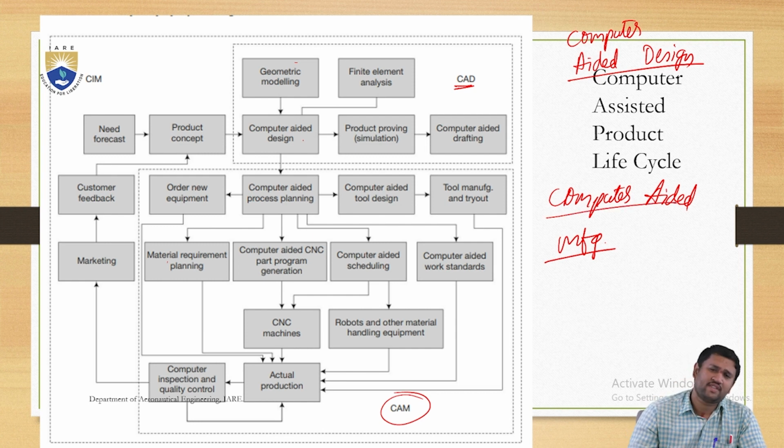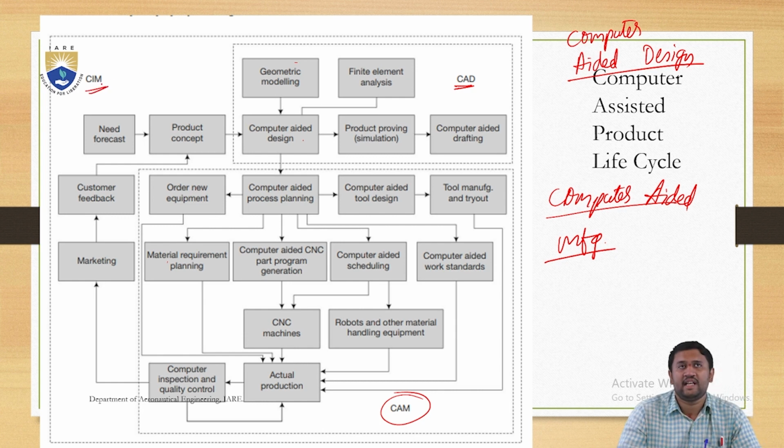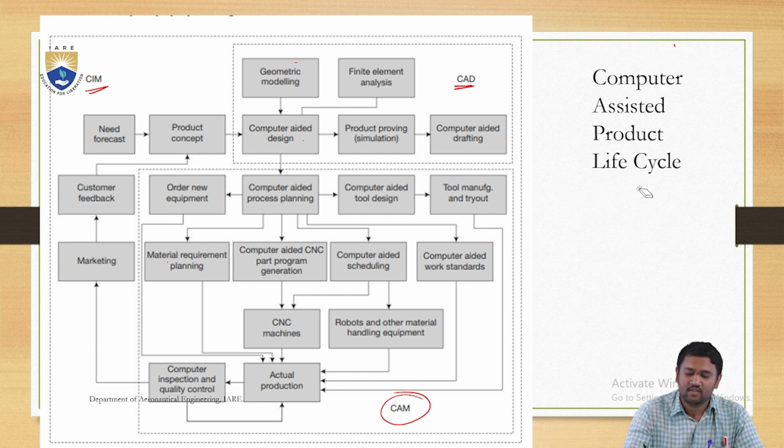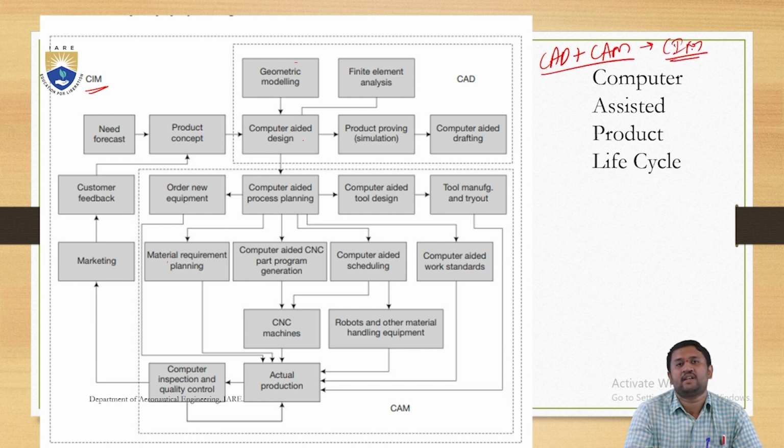The whole product life cycle, used with the help of computers in an integrated way, is called CIM. CIM stands for Computer Integrated Manufacturing, right? Where computers are integrated in the field of design as well as manufacturing. So under the product life cycle, you can see a few more things. In other words, CAD plus CAM combined form computer integrated manufacturing,